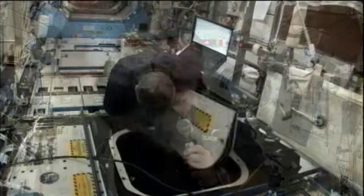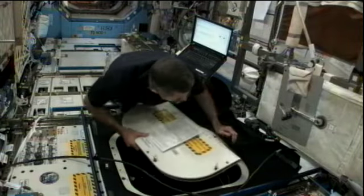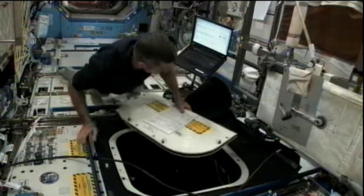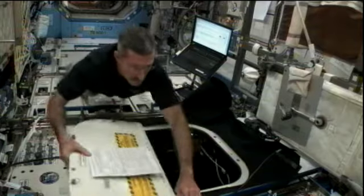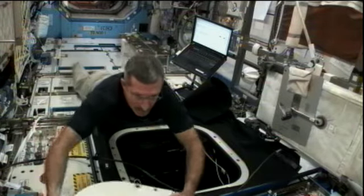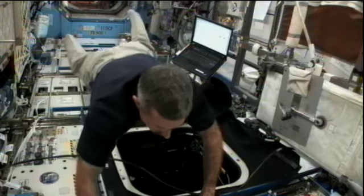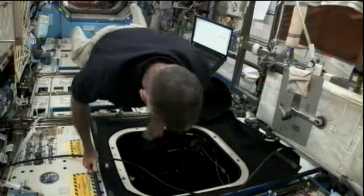On board today, Dan Burbank participated in a public affairs event talking with CBS News in Florida. Following that, he is doing a range of experiment work today, including some repair to the International Space Station agricultural camera. This camera is mounted in the Window Observational Research Facility on board the station, and its function is to take images in both visible and infrared light of vegetated areas in the northern Great Plains region of